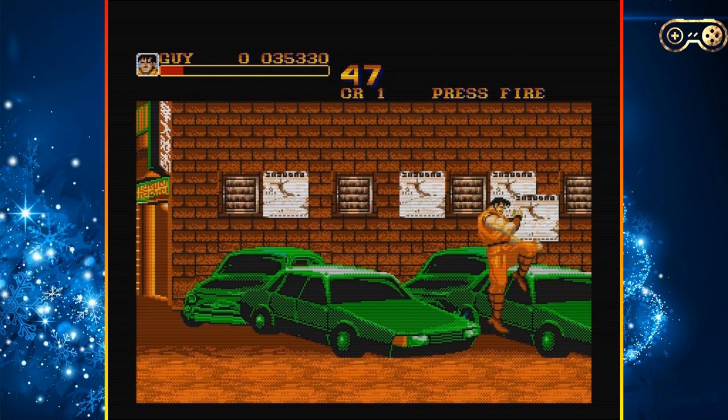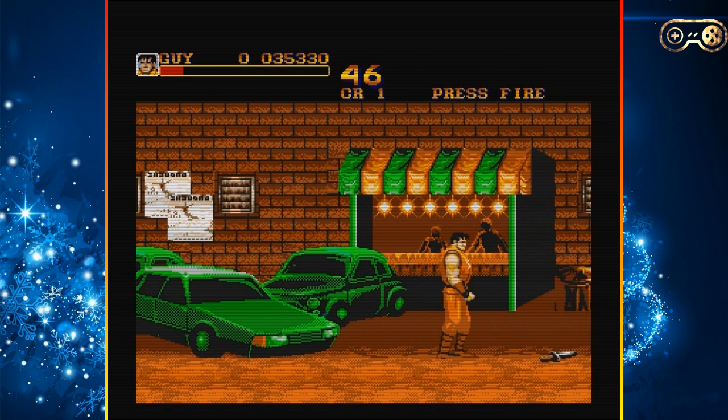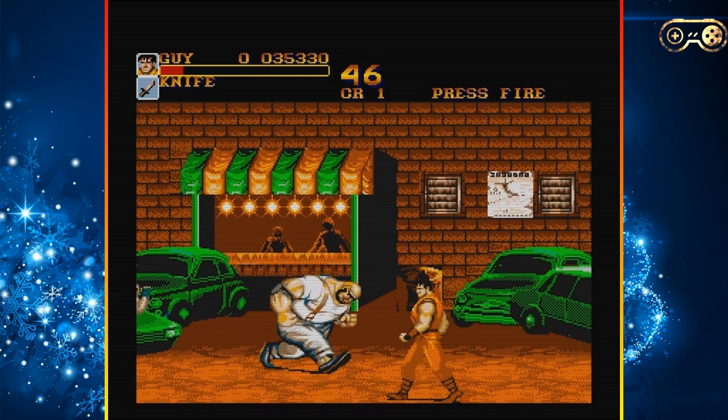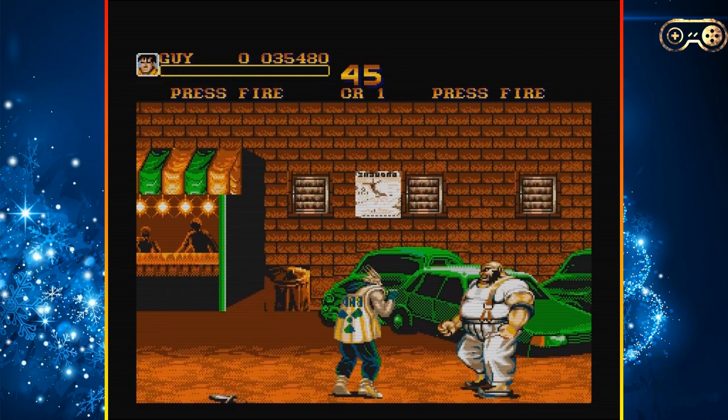We should be taking more of a time over this, but as you can see, there's quite a lot of sections of the game where we're not actually facing anybody, and then all of a sudden, out of nowhere, you get two guys attacking you out of nowhere. Let's see if we can get...